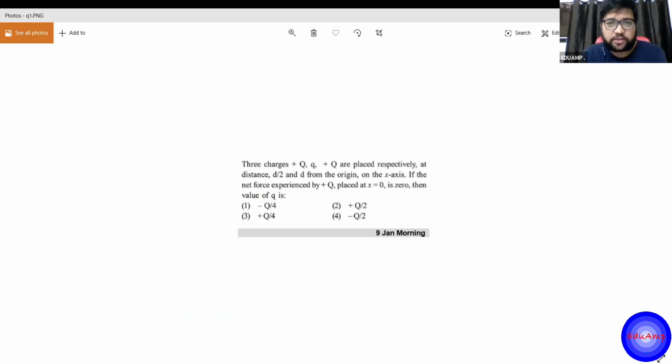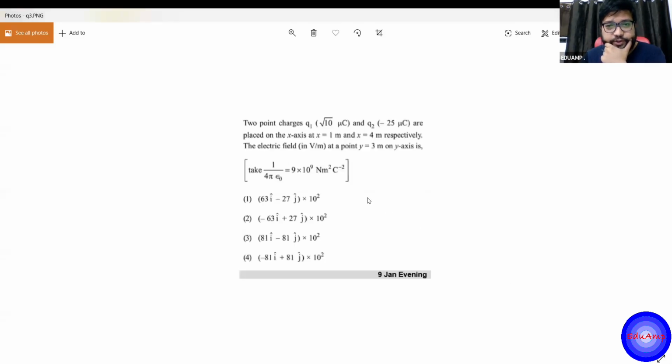This is now two-dimensional. You have to use vectors a little bit in this one. But again, the formula and all the things will be the same. Whoever gets the answer, tell me. Be careful about the calculation, because calculations are also part of the question. You have to get the correct answer. Don't make the mistake of plus and minus.